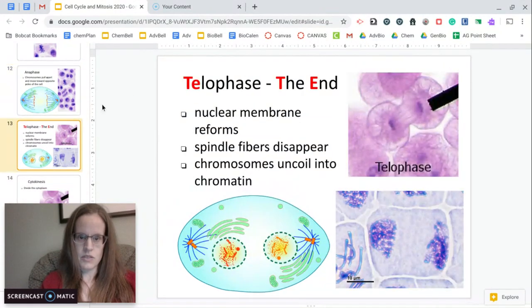And then the last phase of mitosis is telophase, depending on who you ask. You could remember TE for the end. And this phase is the opposite of prophase. So prophase, the nuclear membrane broke apart. Here, that nuclear